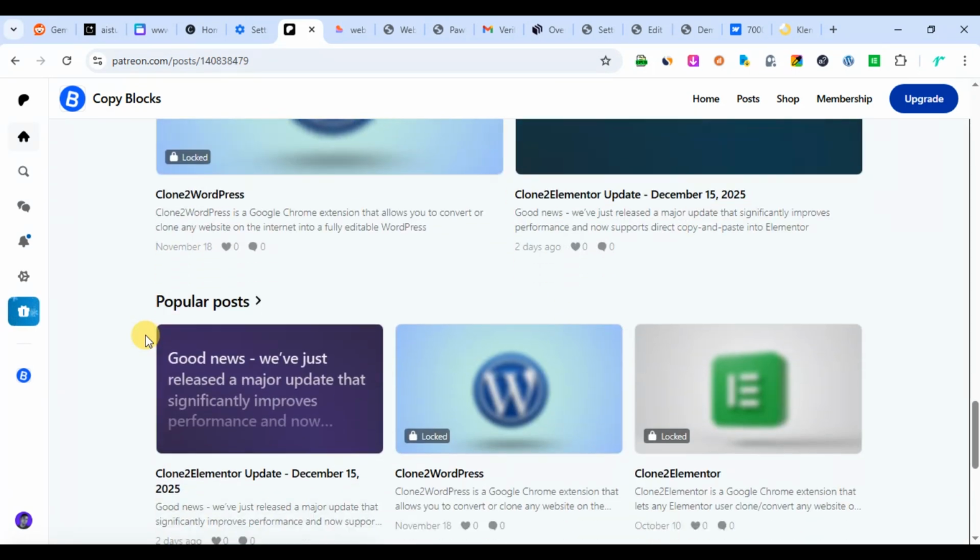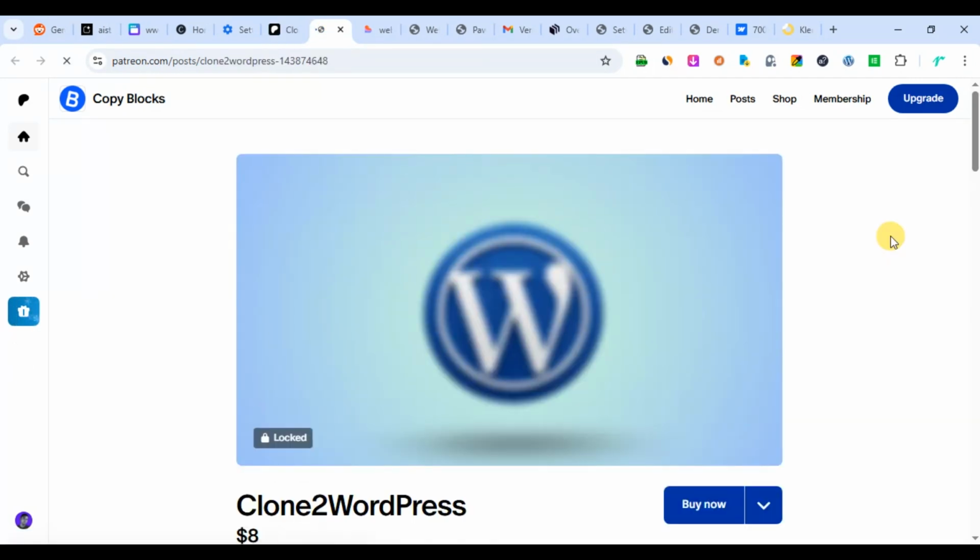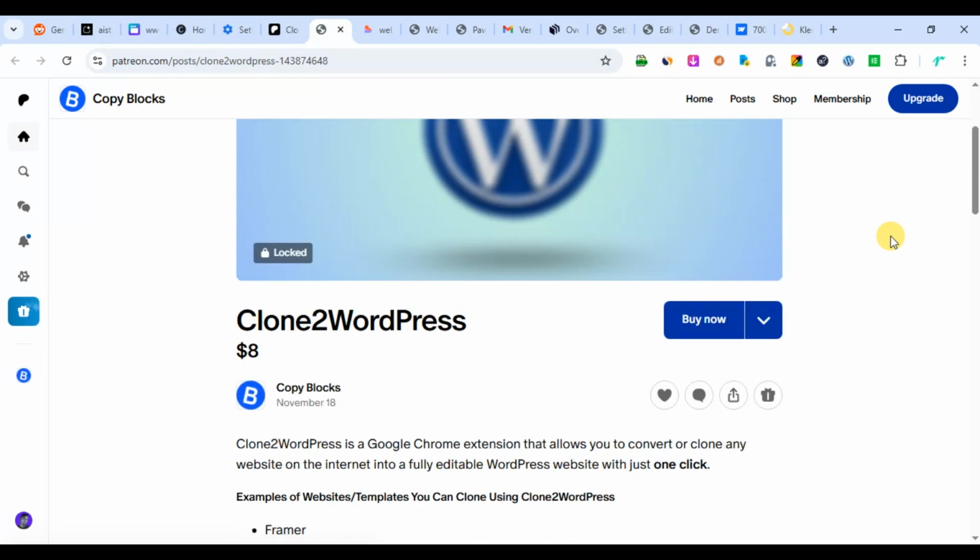The Clone2WordPress extension allows you to clone any website on the internet into editable Gutenberg templates. So this is the Clone2WordPress extension, and it works similarly to the Clone2Elementor extension, except that it uses the Gutenberg